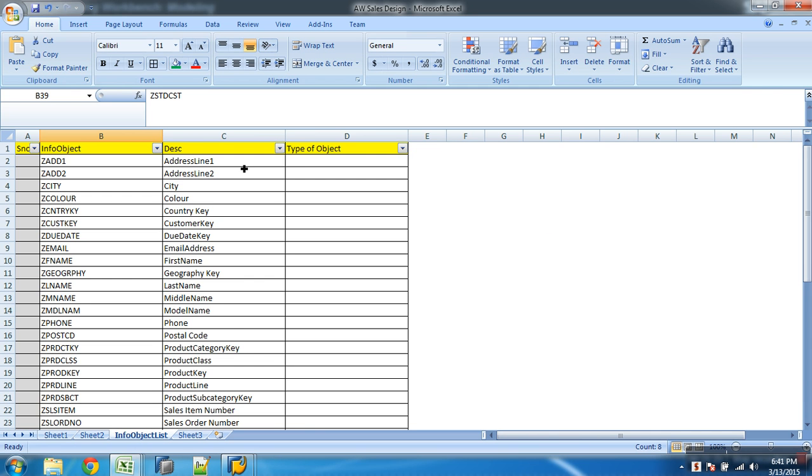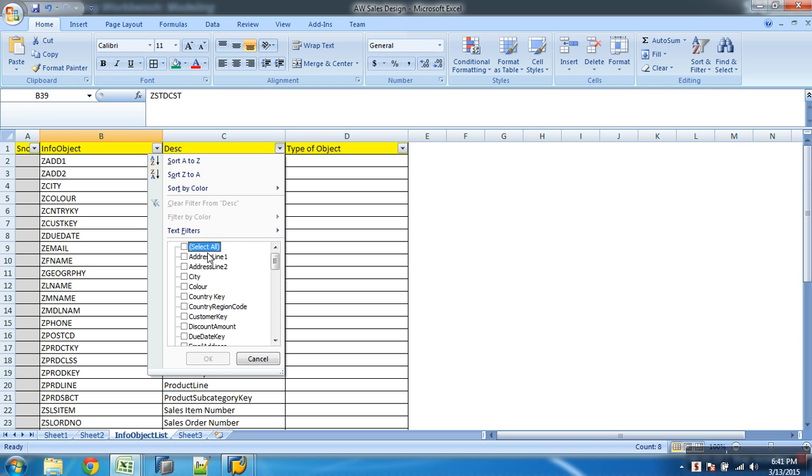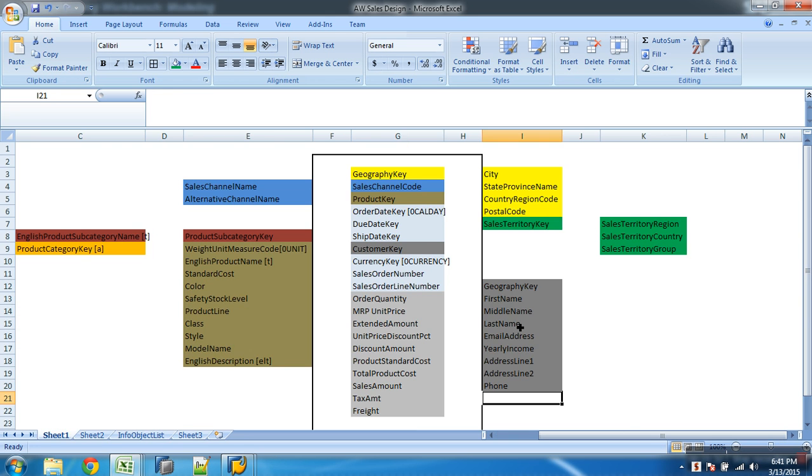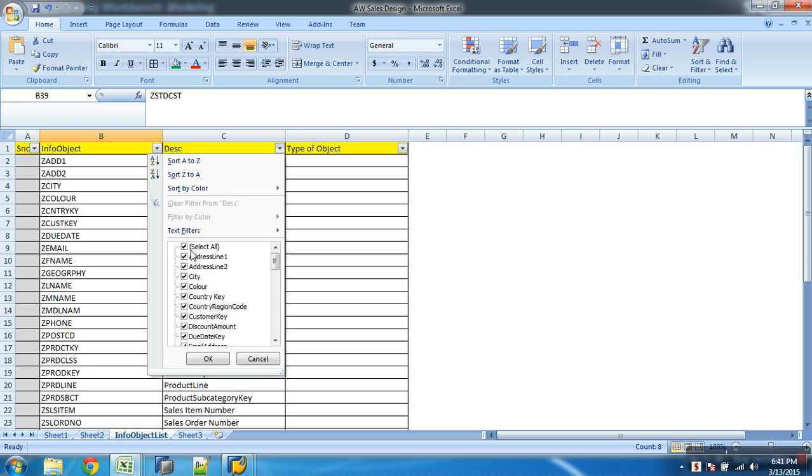What was it about? Address 1, address 2, then what? City we had? Huh? City is not there. We had address 1, address 2, phone, there is no city in it. First name, middle name, yeah. Then we had last name, middle name, and then first name, then phone. We had some phone, then what? Email address, then